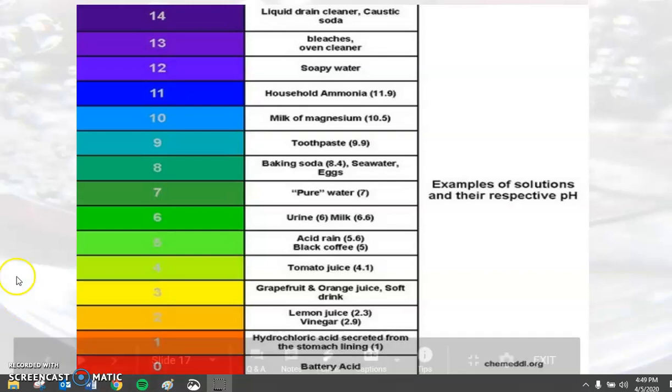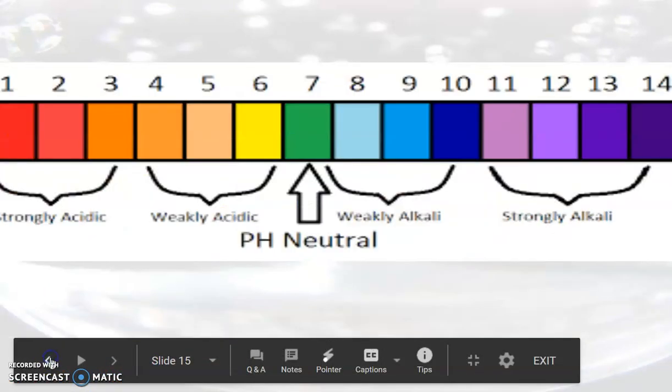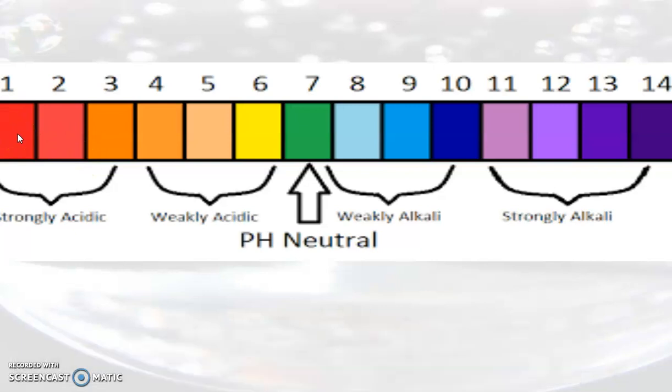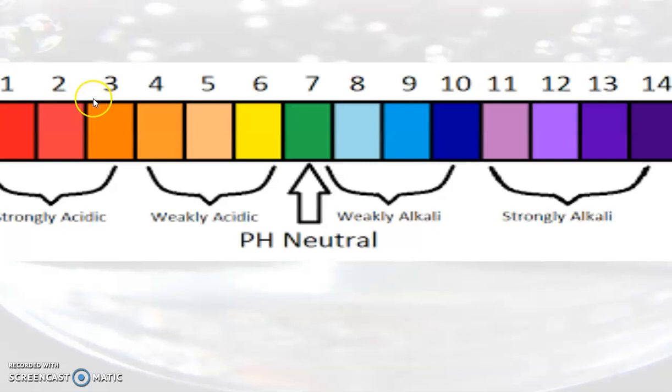So, like I had said, I'm going to go back just a couple slides. Sorry here. Sometimes you click a little bit wrong. If you get something that's more towards the strongly acidic side, if you have it in contact with stuff on your body, that can cause problems. I would say the biggest thing that you're going to run into day to day is going to be drinks. So most of the drinks that you will consume are going to be on the acidic side of things,